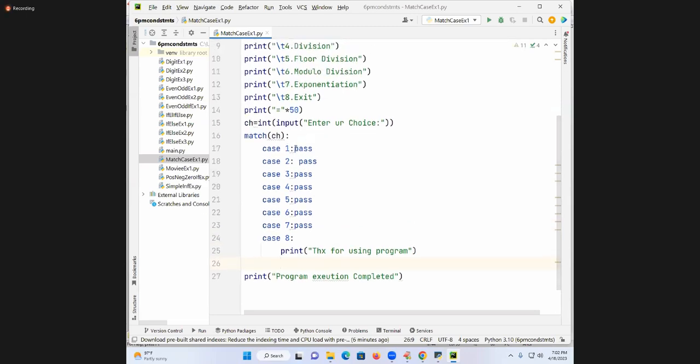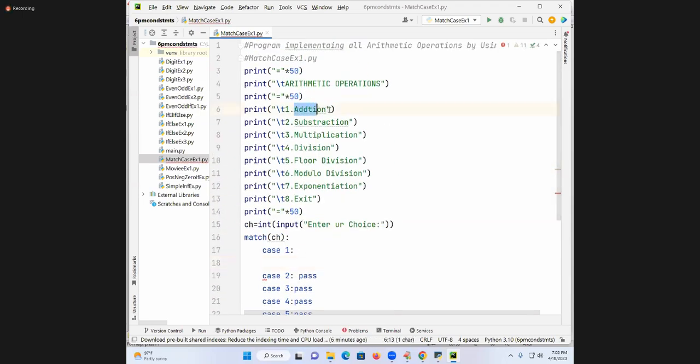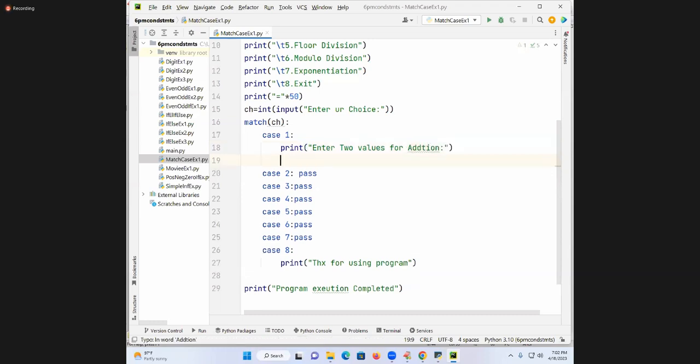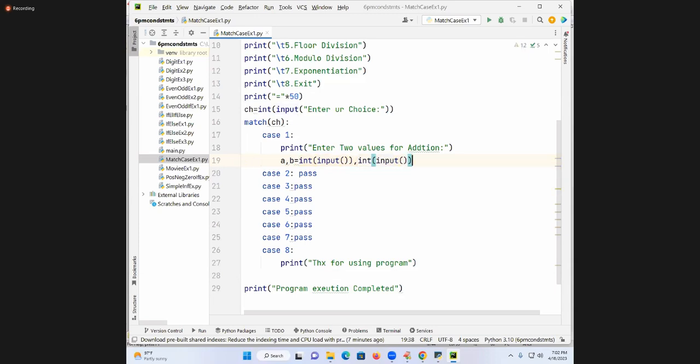Now start writing the code for what? First operation, slowly. What is the first operation? Addition. Now what do I need here? We need to get 2 values, and with the 2 values you need to do the addition. Strictly, I am going to say: Enter 2 values for addition. Print statement I am using. A comma B is equal to int of input of